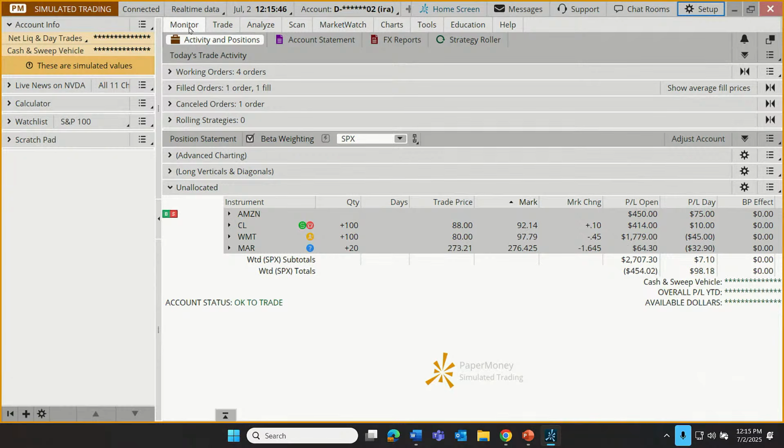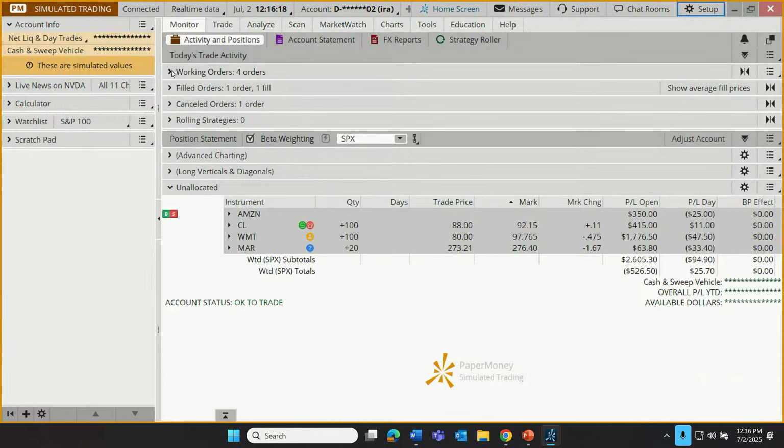We're going to give it a lot more attention in lesson 2, which is dedicated to the monitor tab. But the monitor tab is where we would go to check on current trades, current orders, and current positions. Orders are different than positions. Orders are an attempt to get into or out of a position, right? So as we go down the page on the monitor tab, we can see here are today's trade activity.